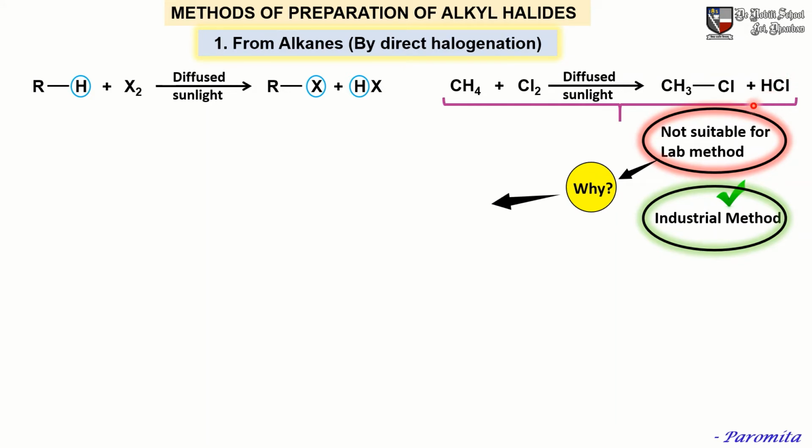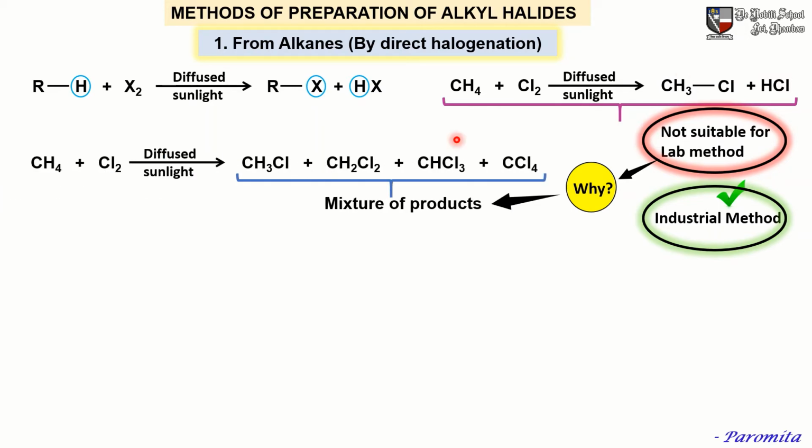But this is not suitable for the lab preparation of methyl chloride. Why? What is the reason? This is because methane reacts with chlorine in the presence of diffuse sunlight to yield a mixture of products. What are the products? Methyl chloride, that is a monohalogen derivative, methylene chloride, a dihalogen derivative,